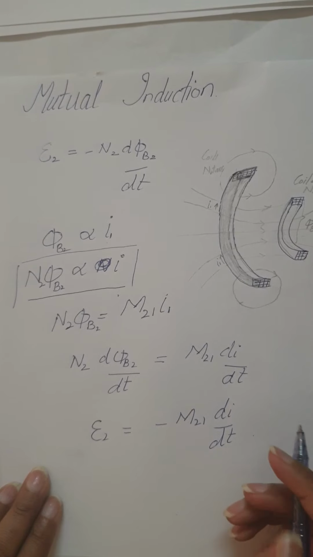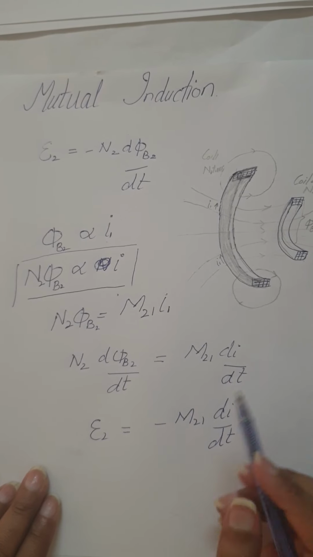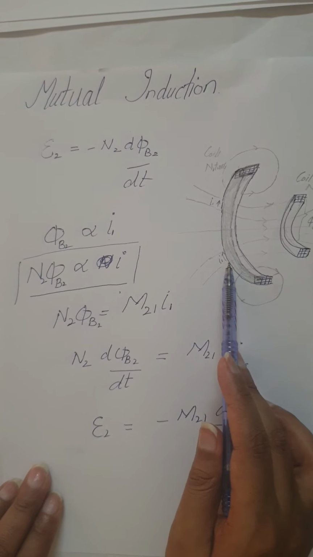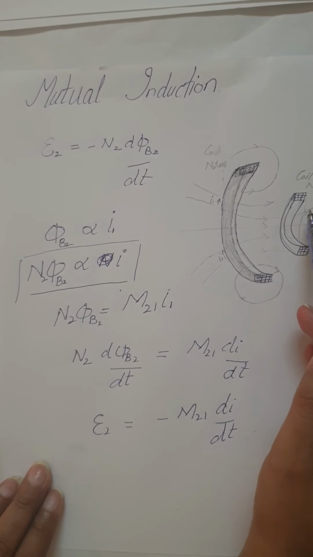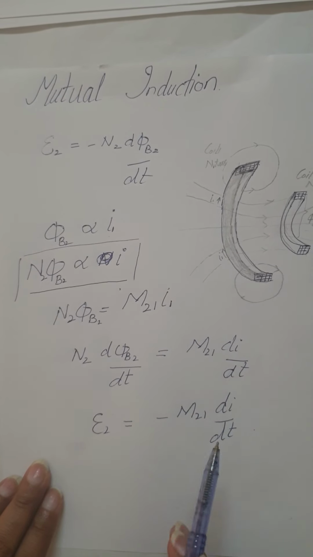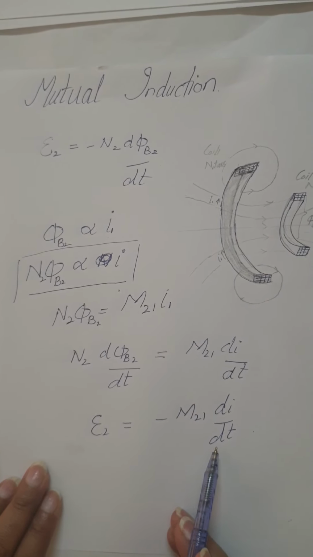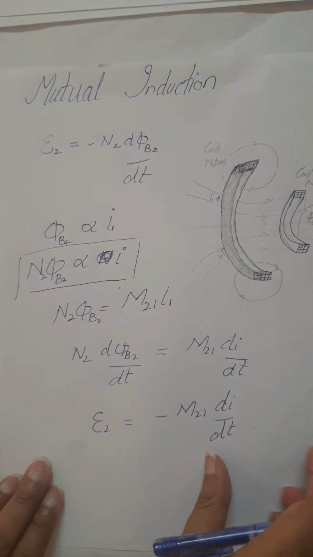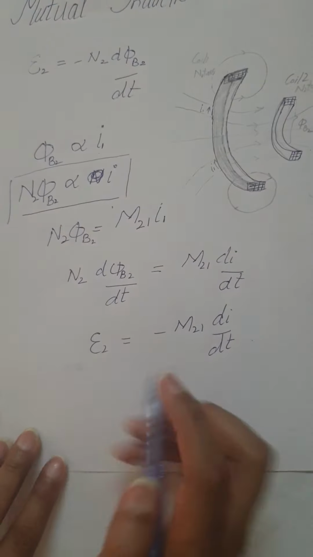So the change in the current I1 in coil 1 induces an EMF in coil 2 that is directly proportional to the rate of change of I1. And we can also write the definition of mutual inductance as